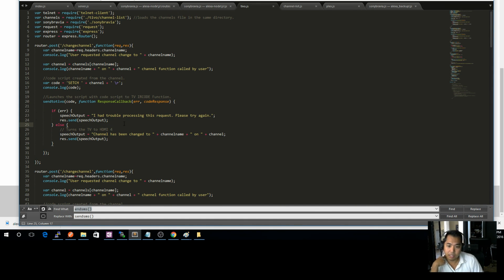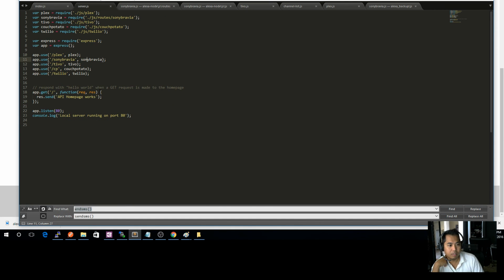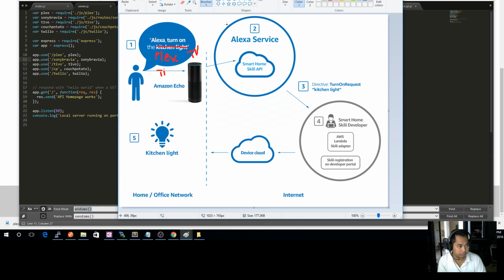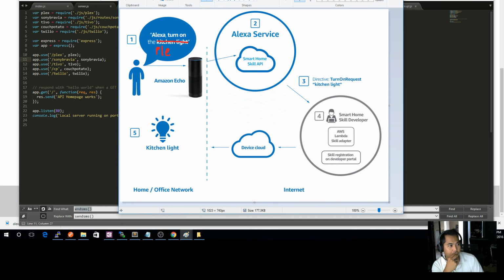It sends telnet commands, and then you just have to build a module to telnet, and map it all the way through from Alexa, so that it would talk to your devices. What I was going to tell you before is the way we're doing it